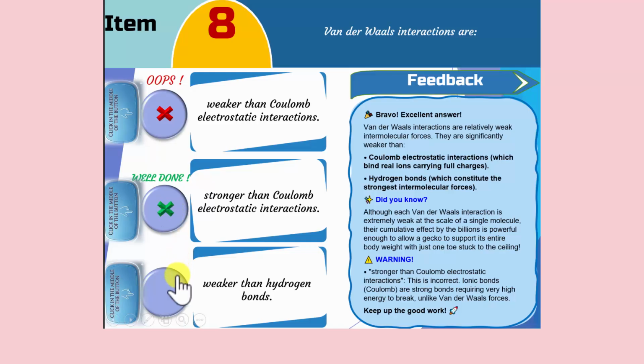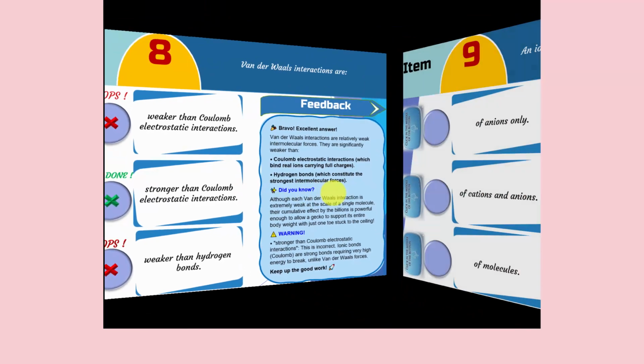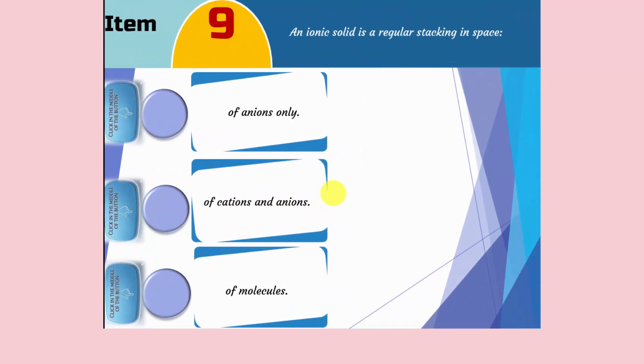Coulomb interactions involve full charges as in ionic bonds and require much more energy to break. Hydrogen bonds are also stronger intermolecular forces. Van der Waals interactions are individually very weak, but their combined effect can be substantial. In fact, billions of these tiny interactions help a gecko cling to a ceiling with just one toe. So, well done if you selected the first two statements, and remember that saying they are stronger than Coulomb interactions